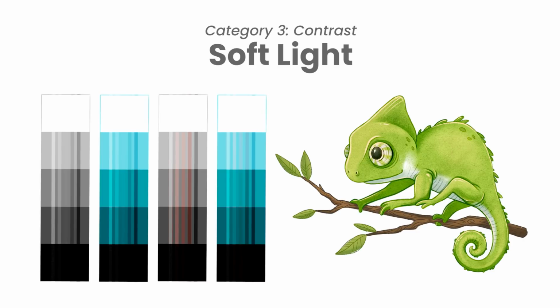I personally like to use either overlay or soft light to add a bit more contrast in my character. I don't always do that, but sometimes I just pick a lighter color with a little bit of a hue to it depending on the environment. So if my character is outside, I could use a blue for the sky, and then paint over the areas that should be in the light very, very softly, sometimes lowering the opacity of that layer as well.